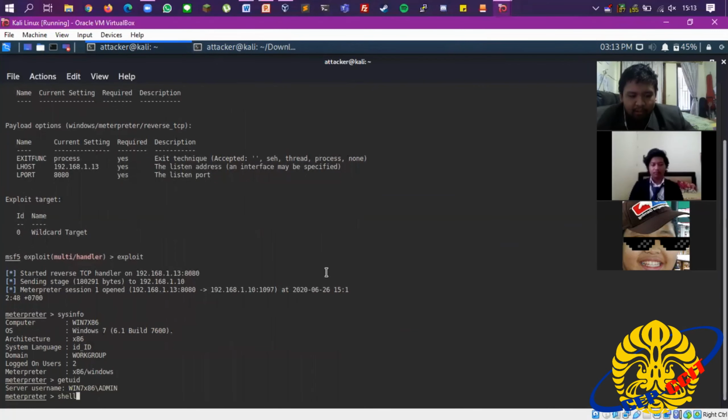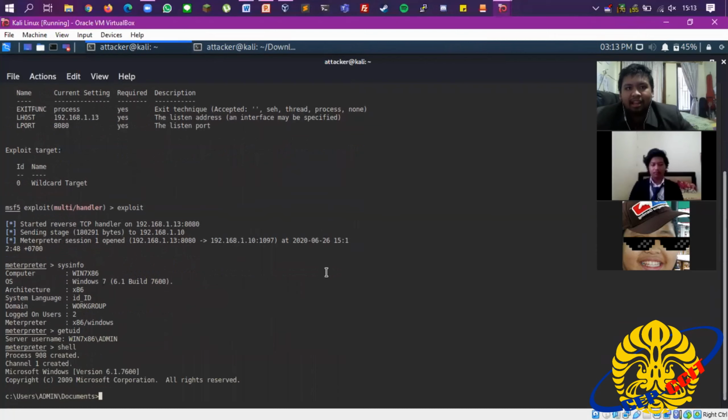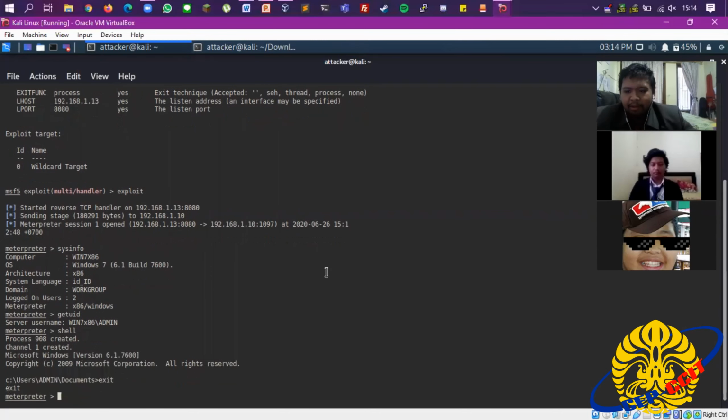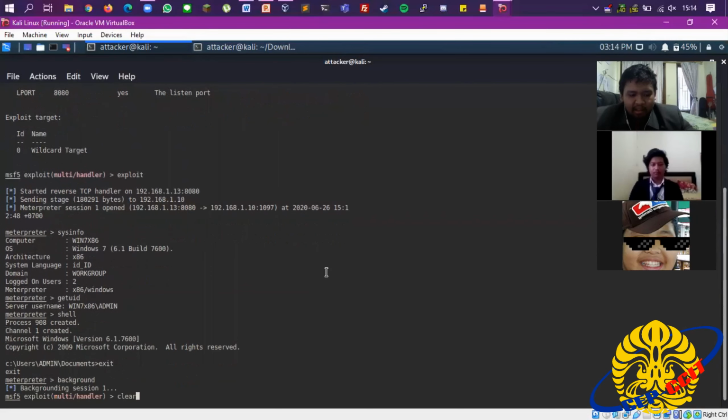We go to the shell. We can see that it's just a normal user. Therefore, we want to turn off the firewall so that we can allow further exploitation. To do that, we're going to escalate the privilege to administrator. Here, we're going to background the session and clear.